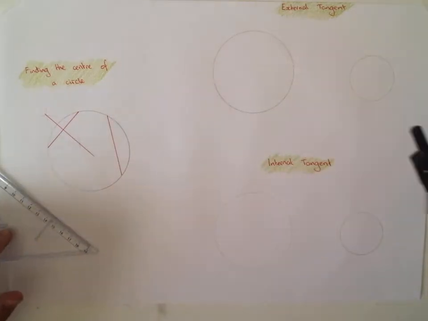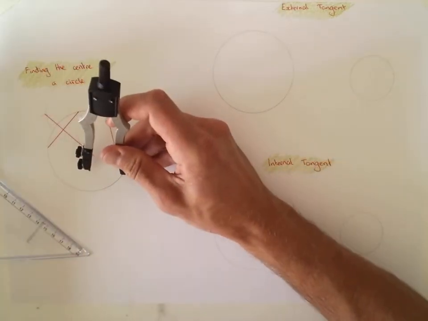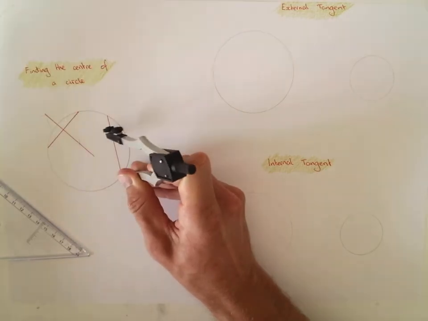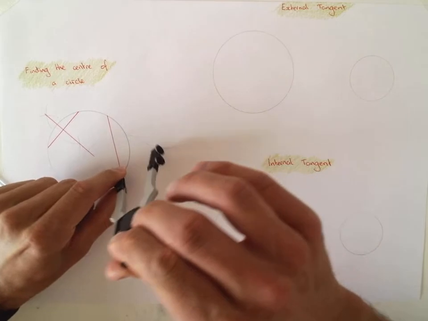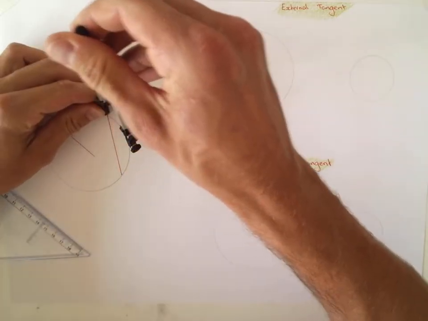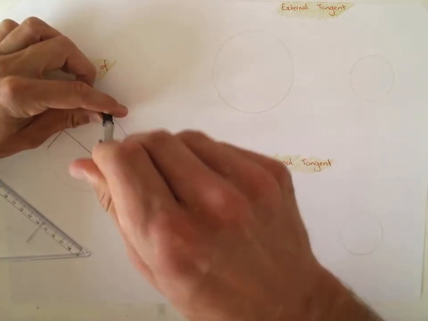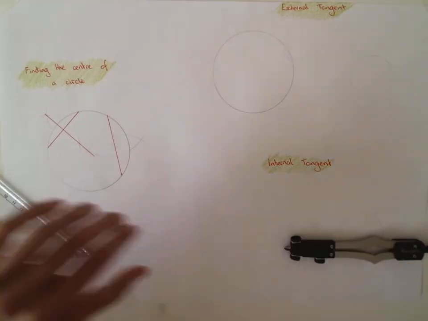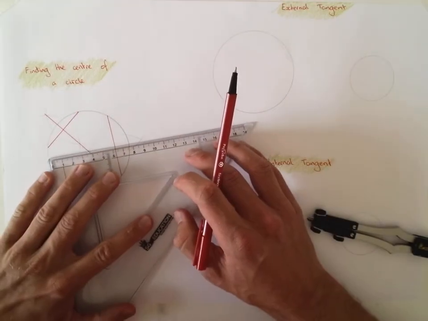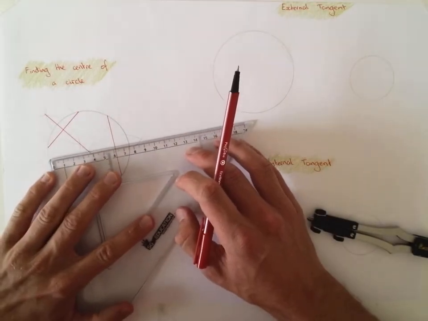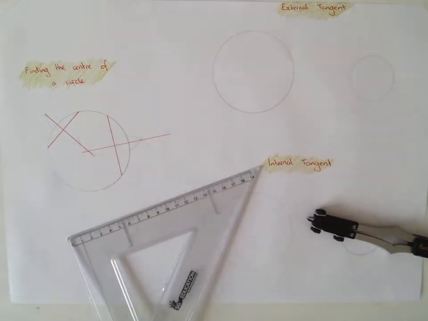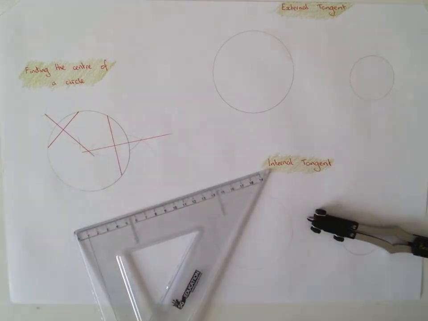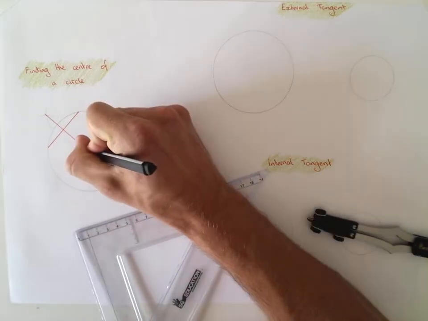Now we're going to go ahead and bisect the second one. So again, compass greater than halfway, scribe an arc either side of the line. Same distance on my compass going from the other side, scribe an arc, and where those arcs intersect, you want to draw your bisector. And there you have it. Where those two lines meet